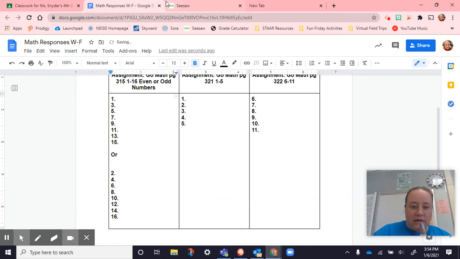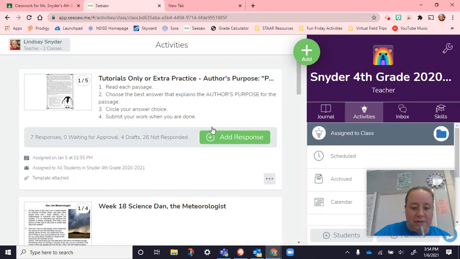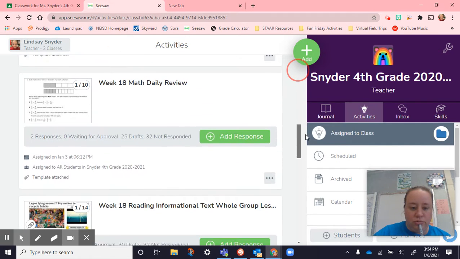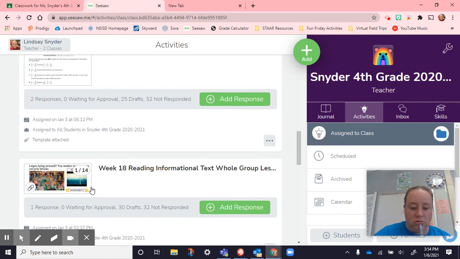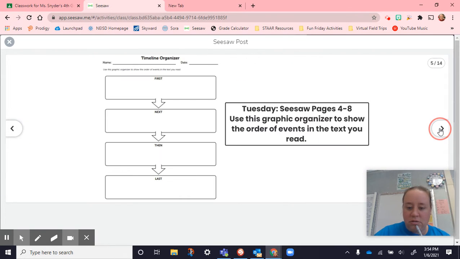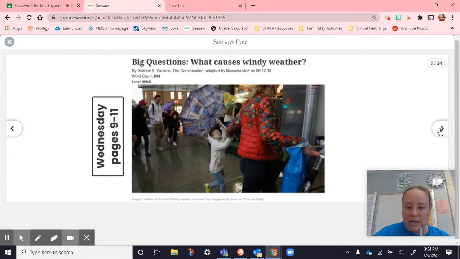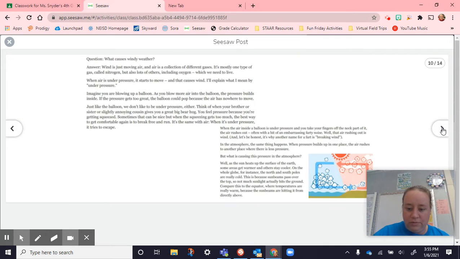Alrighty, so that was math today. Then for reading, we went to here, and today we read page 9. So this is talking about what's causing windy weather. So we read this article,